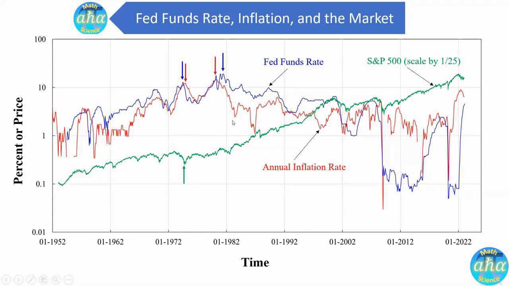However, for the 1980 case, the inflation peaked here, March 1980, but the market didn't bottom until sometime in 1982. So there's a long delay here. Now, in our current case, inflation already peaked in June 2022, but we don't know whether the market already is at bottom or when it will bottom. But we do know that the market topped in January 2022. So there's a lot of information here.